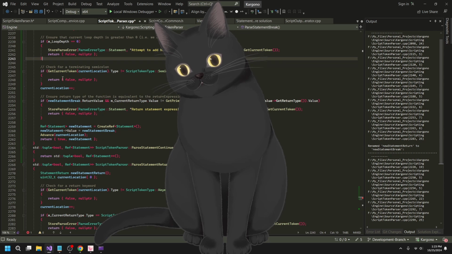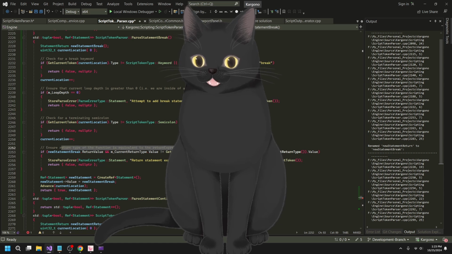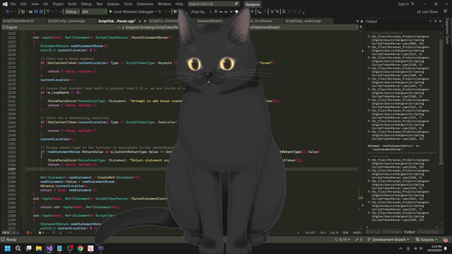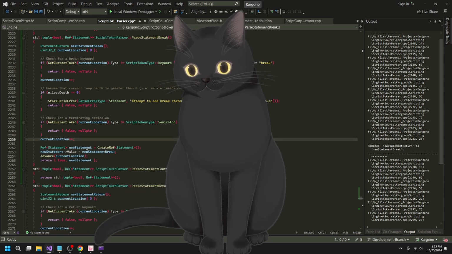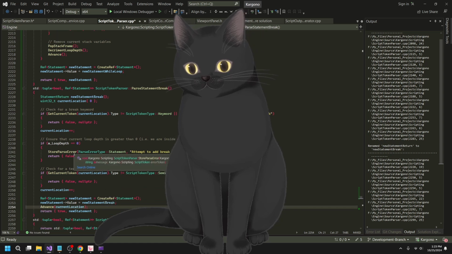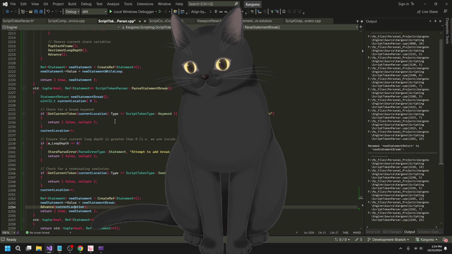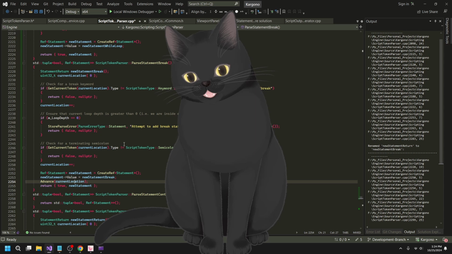We just need to check for a terminating semicolon, add it, and then ensure the return type of the function is equivalent to the return type expression. Yeah, don't care about this either. New statements, new statement break, advance current location. We advance based on the current amount and then break. Well, I think that's a break statement.